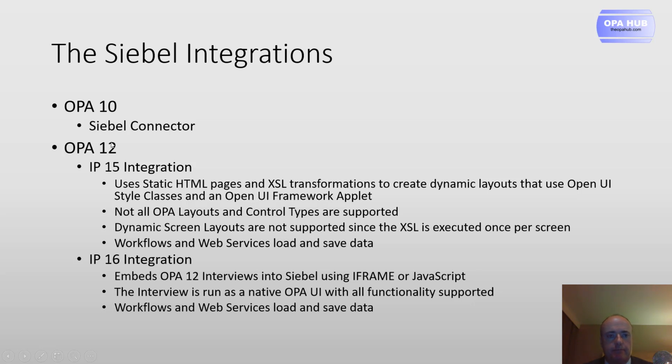So, what next? Here's a kind of history lesson. It can be useful because, as you'll see later on, you may need something from one of these integrations, even if you're implementing the IP16 white paper. In OPA 10, the integration architecture was different for various reasons, not least of which the OPA architecture has changed